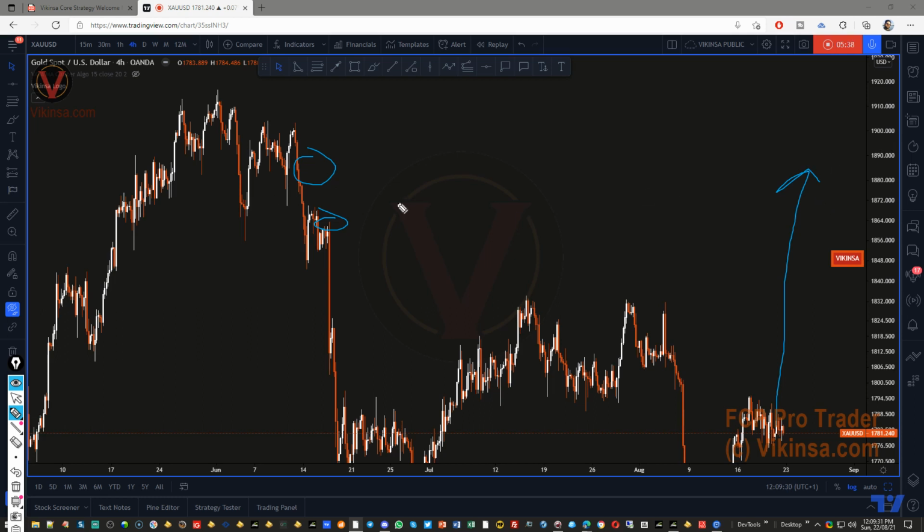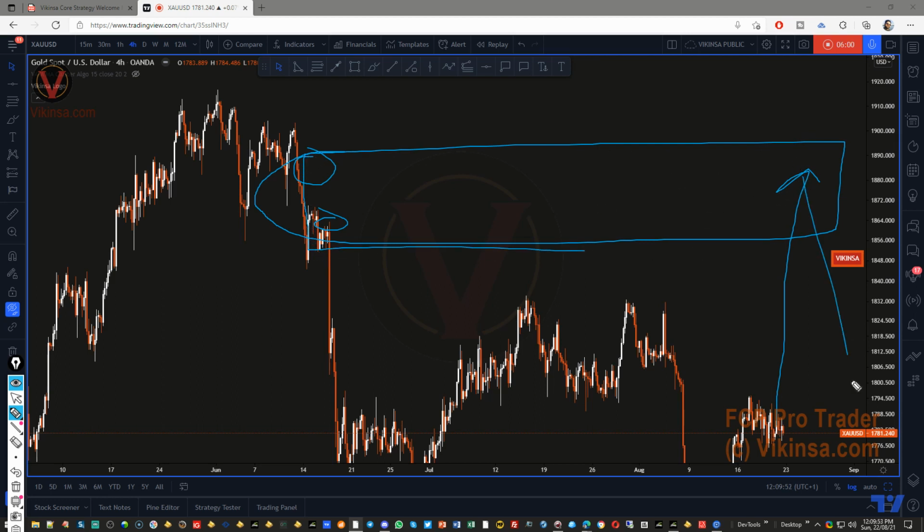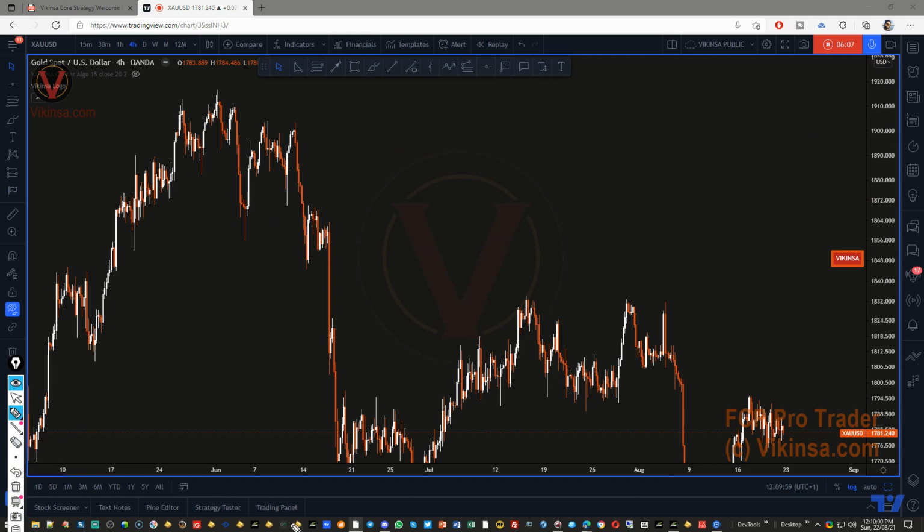Gold right now on a multi-month, multi-week basis, I'm still bearish on that for now. On a multi-year basis, I'm bullish. On a multi-week or multi-month basis, I'm bearish, and I'll show you why I'm biased like that. But these are the two cases which can actually make gold bullish for some time. Once they have been closed, you should be looking for bearish opportunities furthermore. My inclination right now is towards the bear side, and the reason behind that is